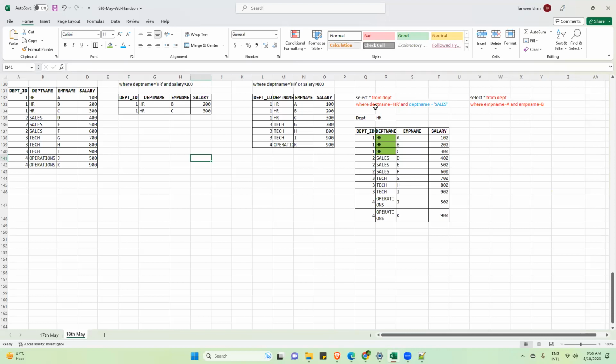So my suggestion for all those from a non-technical background is to forget that you are non-technical. Start from scratch. SQL is a game changer, and it is required for each and every job profile these days. Down the line, you will get that confidence automatically. Attend the class regularly, and work on the assignments religiously. Don't miss them, because if you miss them, you will feel that this is complicated. So attend the classes regularly. That's all from my side.